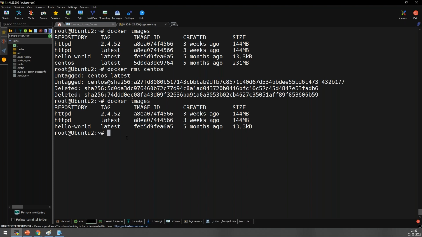Is a snapshot also available here, like we have snapshots in VMs? Can we take a snapshot of a container and then replicate those snapshots? Of course, yes, but we don't have to use that because we have many other methods. We can do it more easily. I'll show you that.